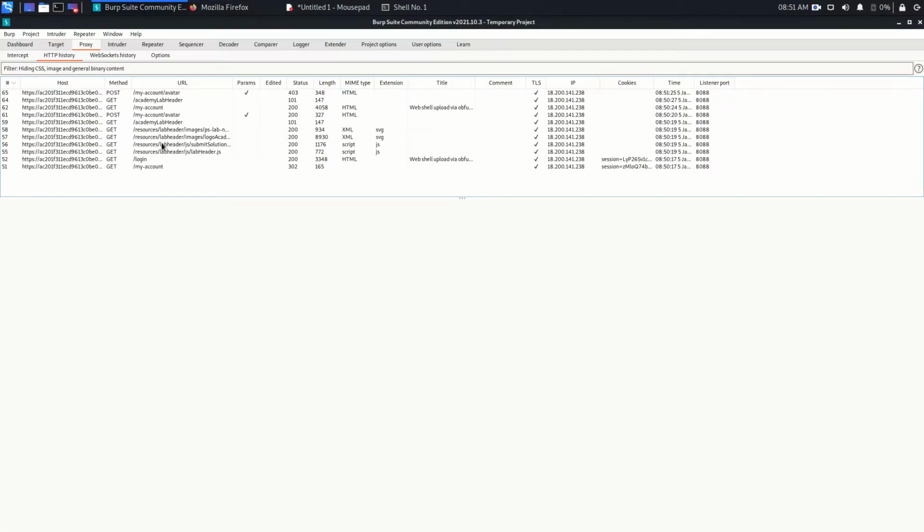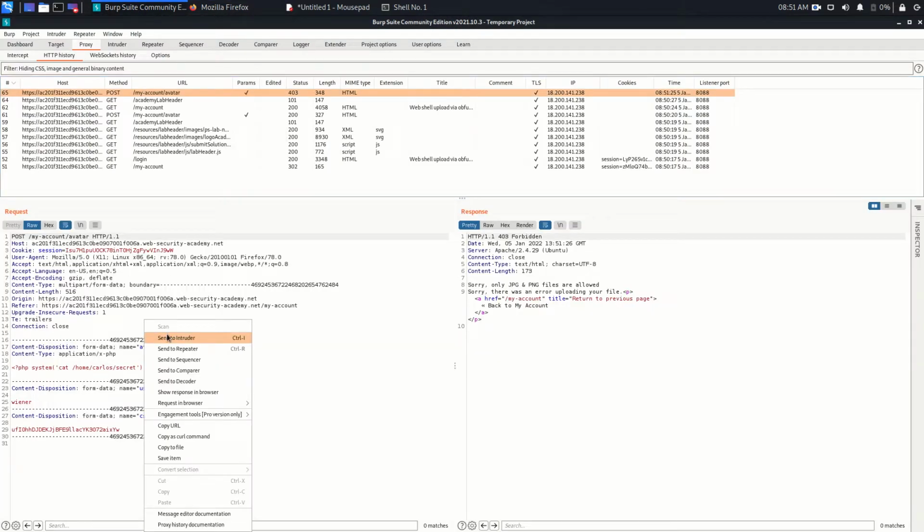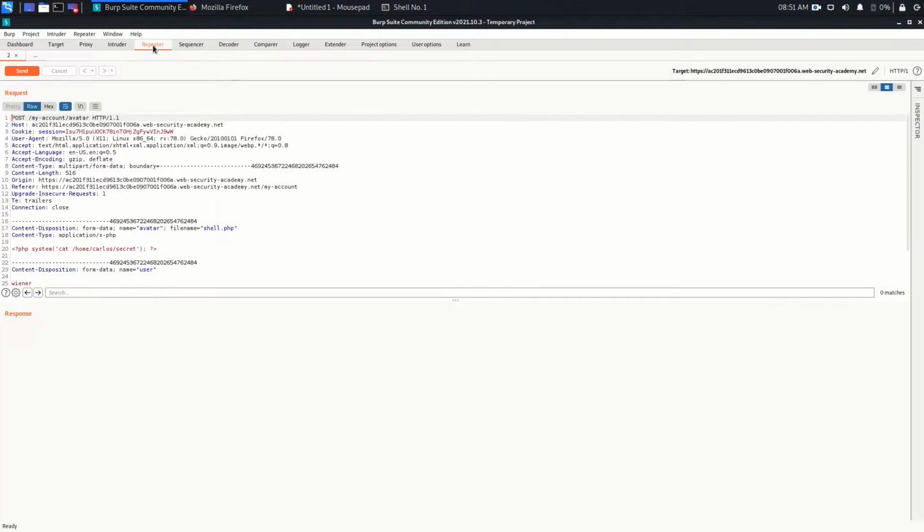Just upload it, and as expected, only JPG and PNG files are allowed, and we cannot upload a PHP file. Fine. So go here to the request, and this is the POST request. Send this request to the Repeater. Go to the Repeater.